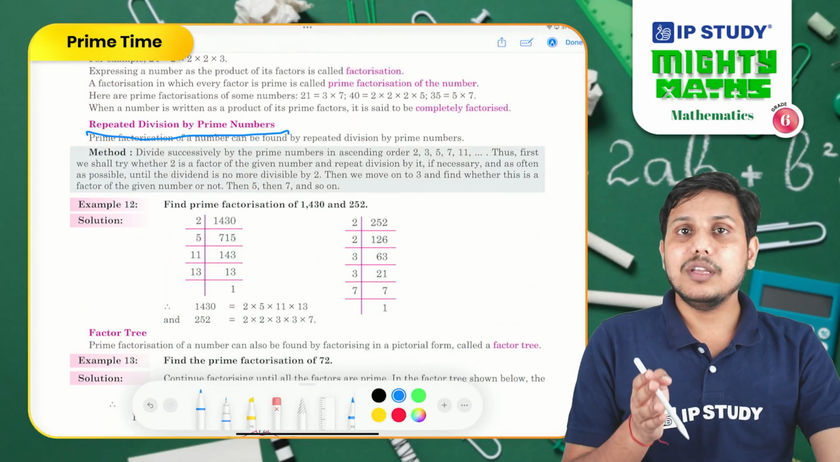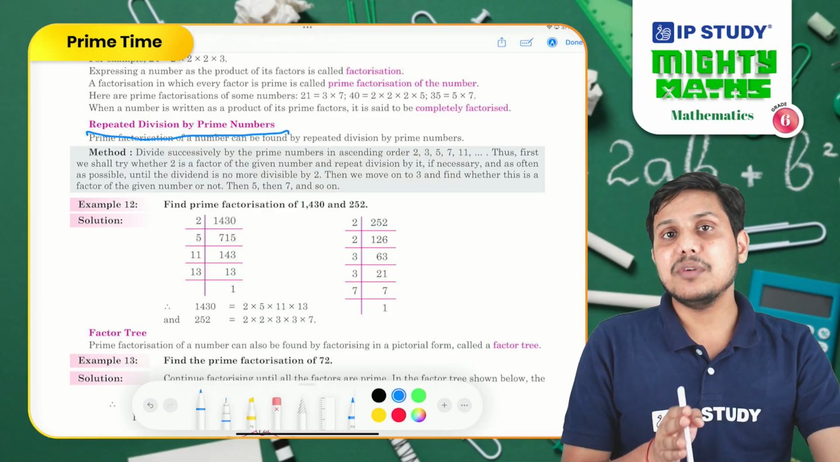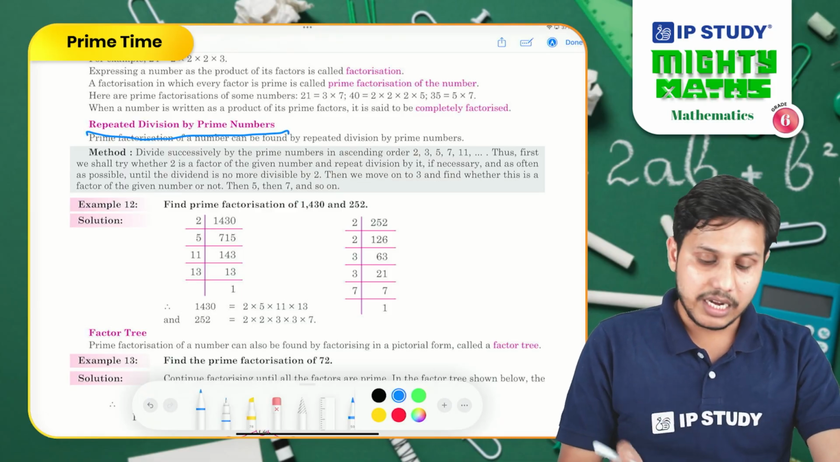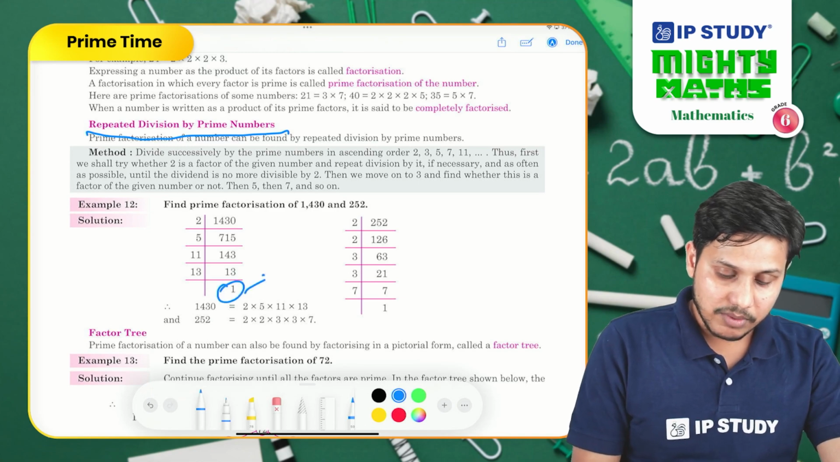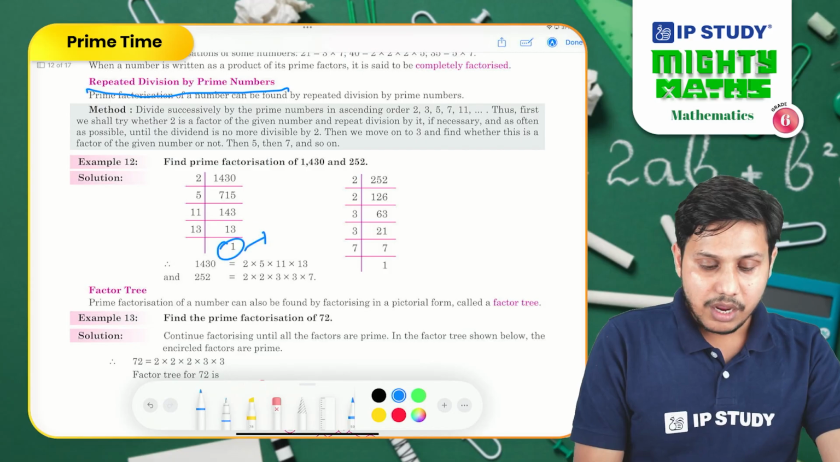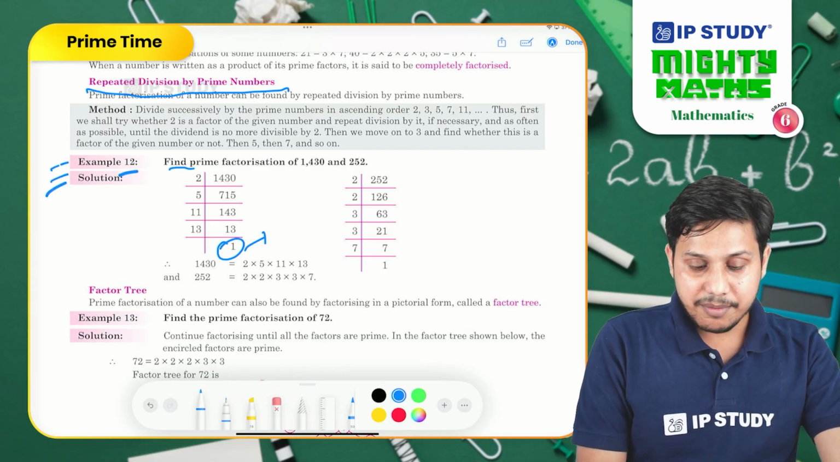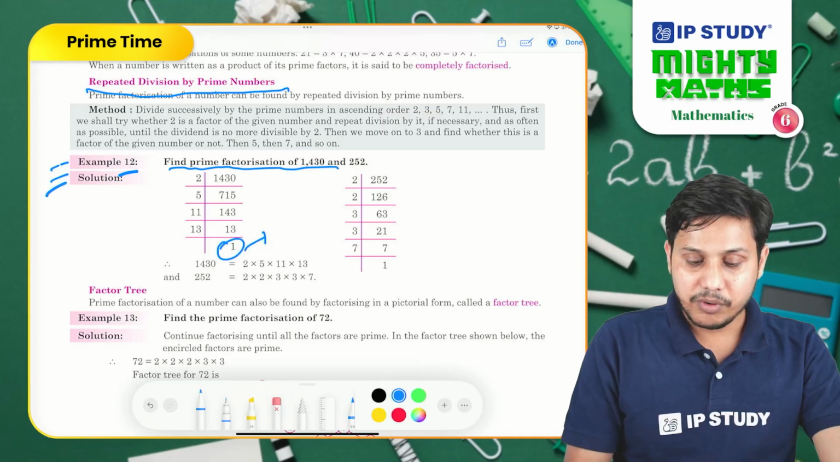So to find out the prime factorization of a given number, we can divide the given number by prime factors again and again until we get 1 as our quotient. So first of all, let's see example number 12, which says find prime factorization of 1430